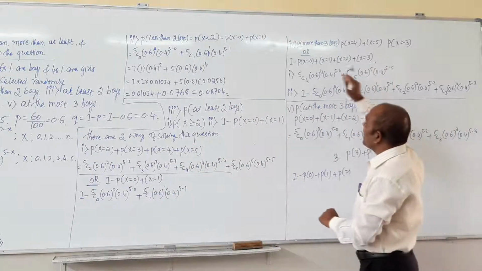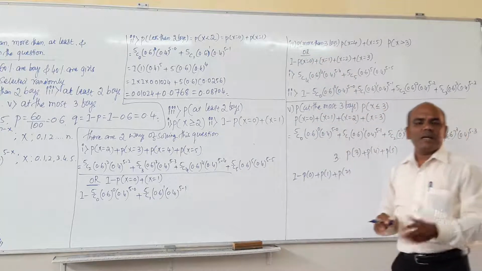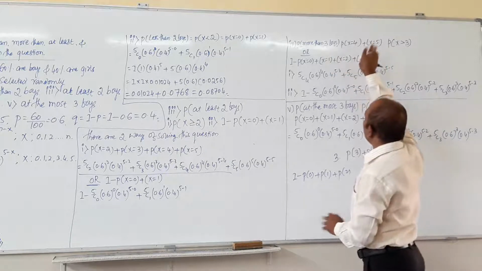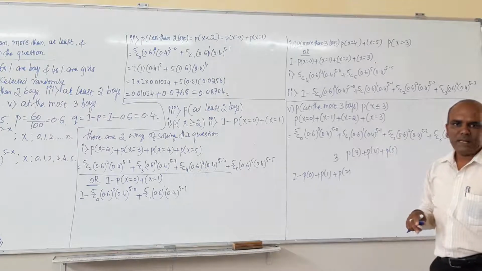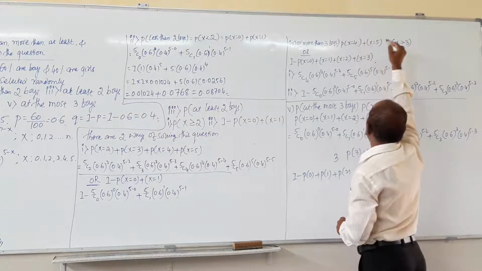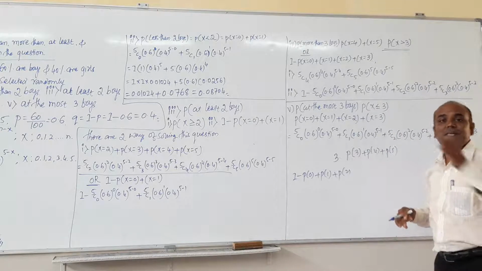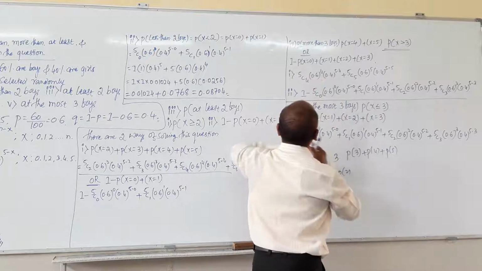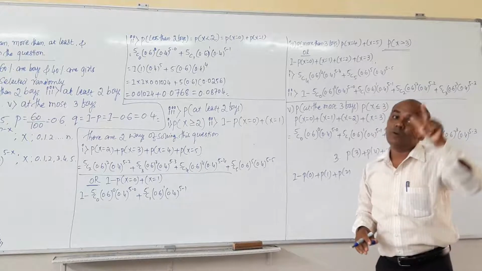Then we will move on to the fourth question, that is, more than 3 boys. In this also there are 2 ways of solving that question. First one is, when they ask more than 3 boys, then obviously 4 plus 5 boys are there in the selection. So x equal to 4 plus x equal to 5. It means the value of x must be more than 3, or there may be chances you may apply the 1 minus concept here also. When they ask more than 3, then we have to consider 3 for the 1 minus concept.